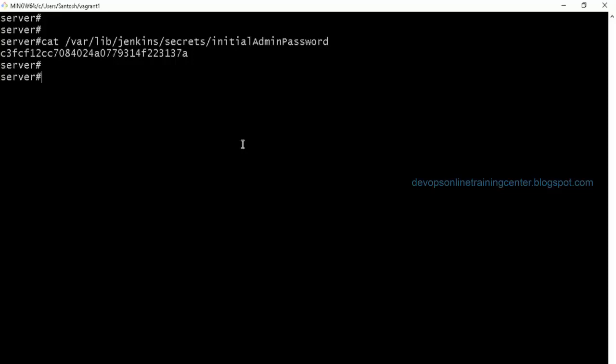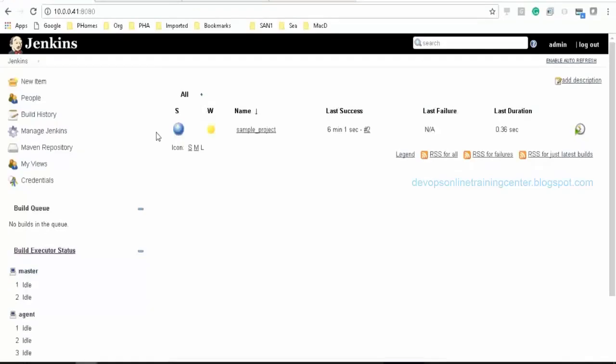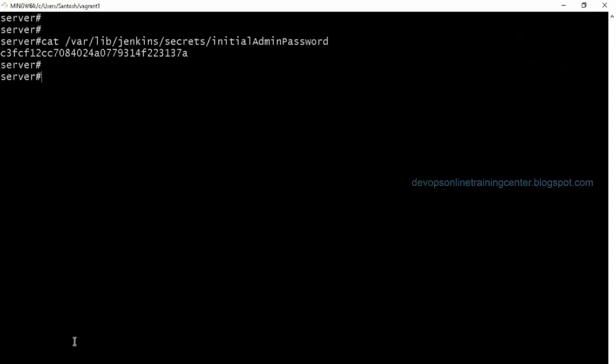Allow users to sign up. There is an option. If you click on it, and when you log in for the first time, it will ask to sign up, and while signing up, it will ask the username and the password to set. Okay. Yeah, maybe you can just create any other user, let's say ABC, and make him admin. Let me check if Jenkins is up.